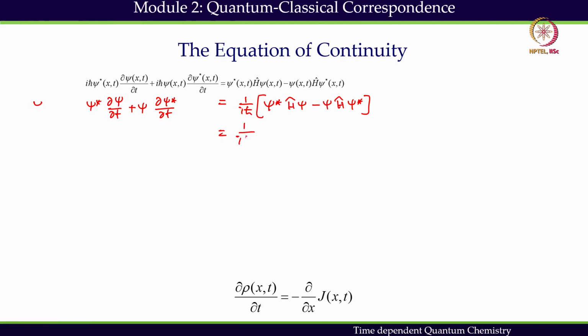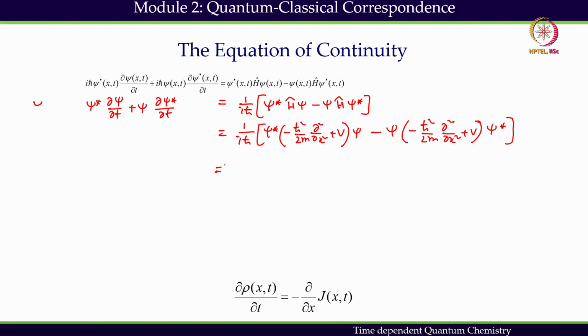So I have 1 by i h cut, then psi star times minus h cut square by 2m d2/dx2 plus V psi, minus psi times h cut square by 2m d2/dx2 plus V psi star, which is